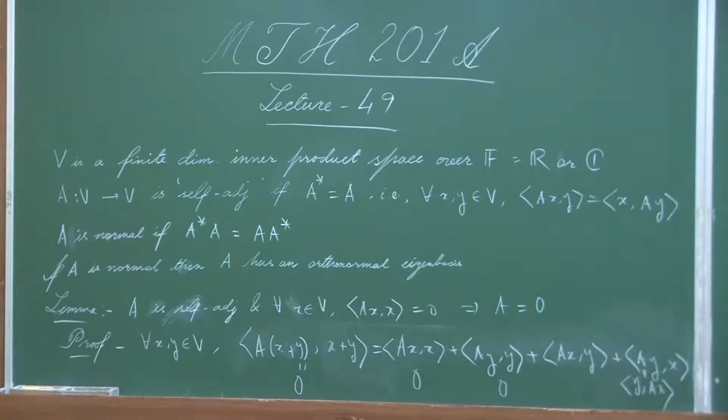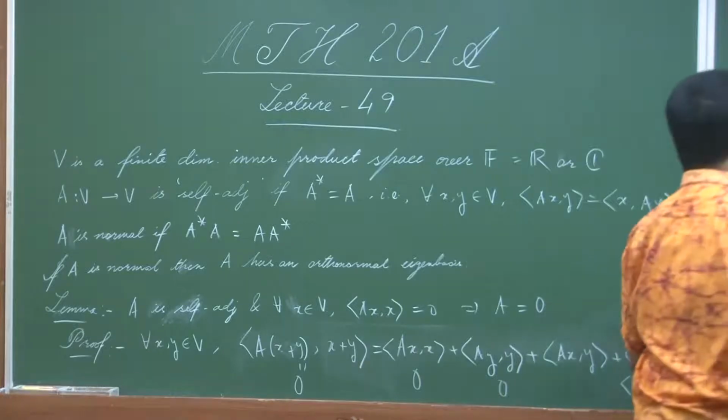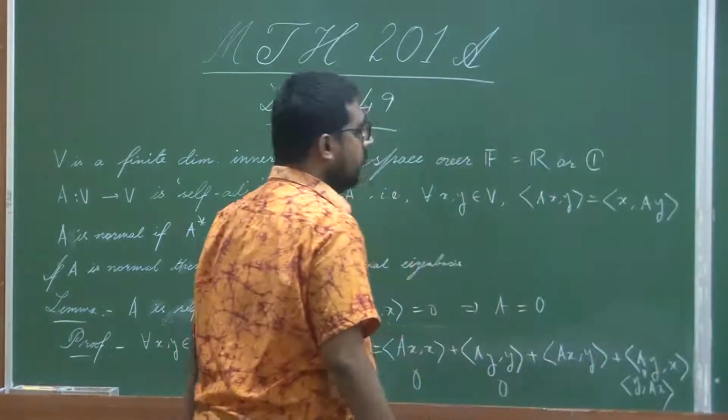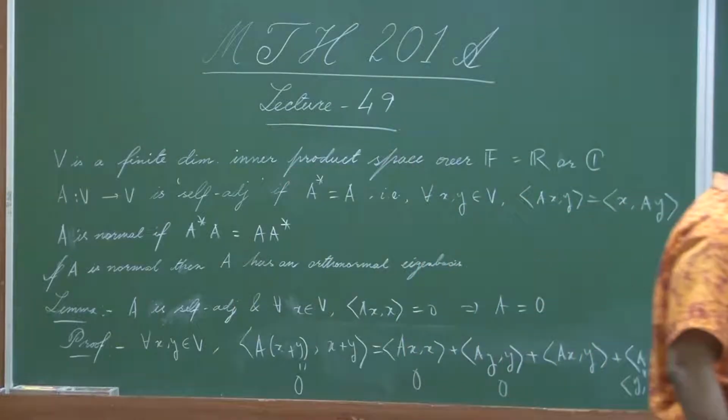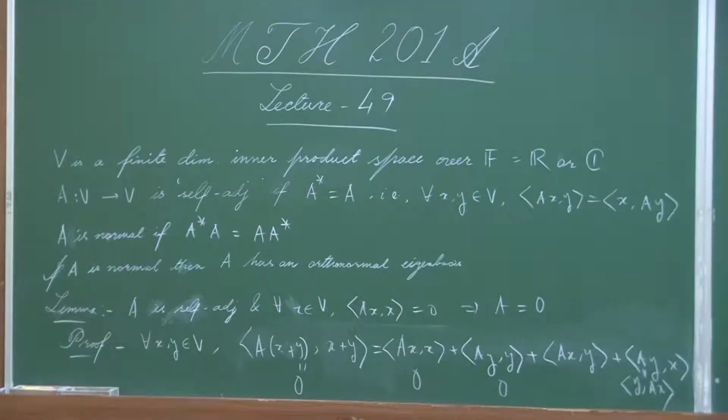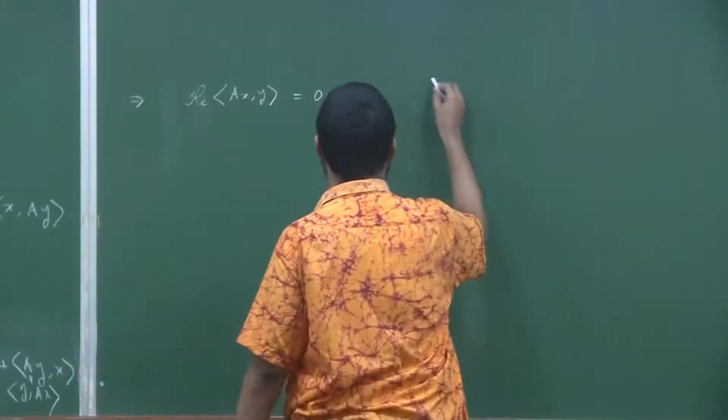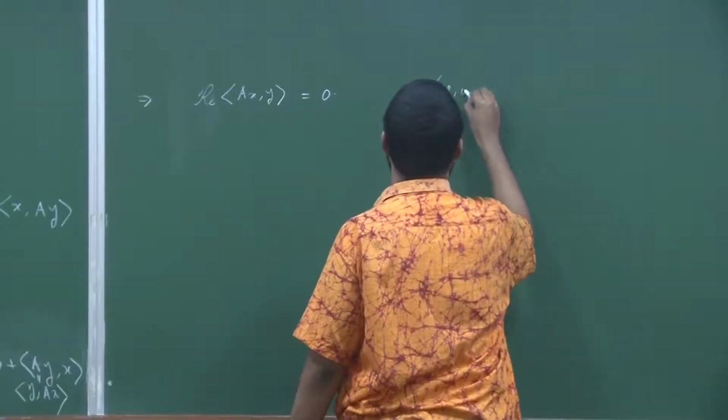This is 0. So, that means this is 0. Okay. Now, if you remember, we have already seen that given 2 vectors v and w,